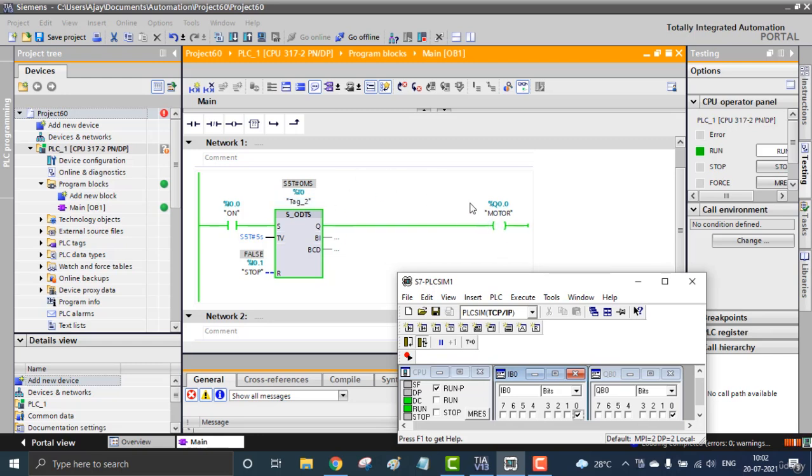That's good, correct. What if I turn off? I turned off my input, and you can see it is still holding the output. The on delay timer will reset when I0.0, the input, is gone. Now it's still holding. That is the ODTS. And that's why I'm using the reset I0.1, making it reset on and off. That is an ODTS that will hold or latch the output even after the time period has elapsed. So that is the on delay timer, the ODTS timer.